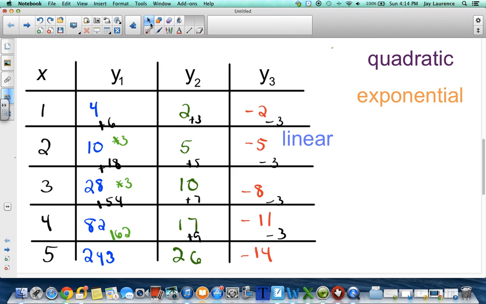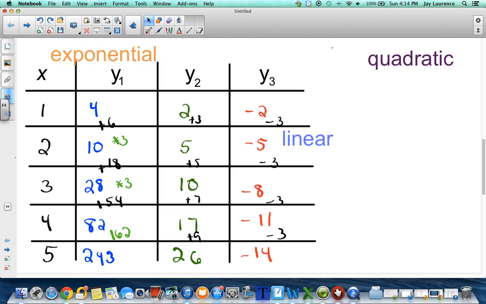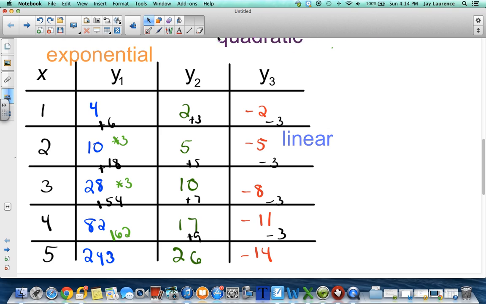When you see it doubling, tripling, quadrupling, quintupling, it's your exponential data. Yeah, because it takes off so quick. Look at the fifth time interval, fifth movement, we have 243. Way more than the other two columns. Now, of course, by default, that means that this middle one must be quadratic, but let me point out a